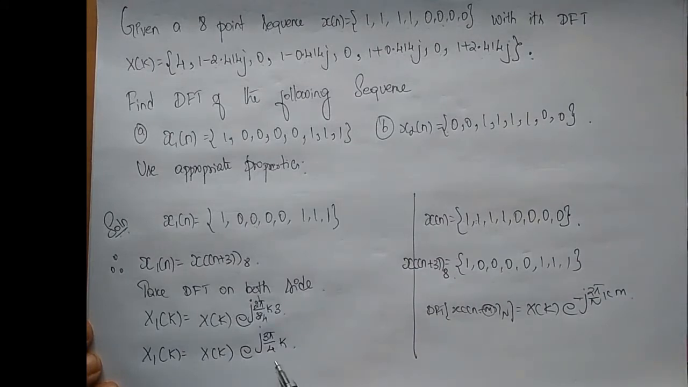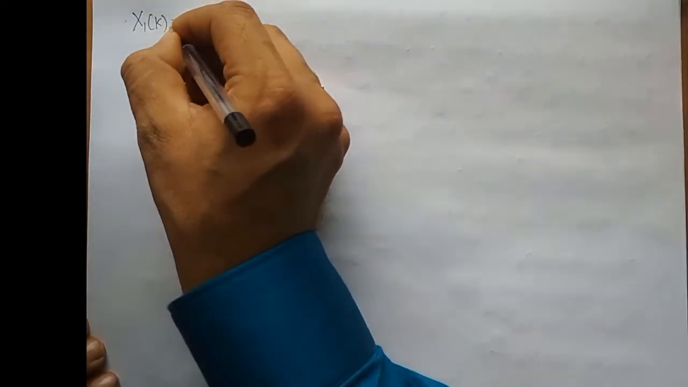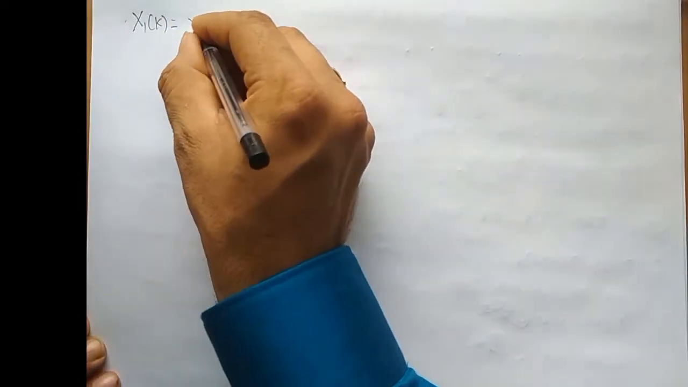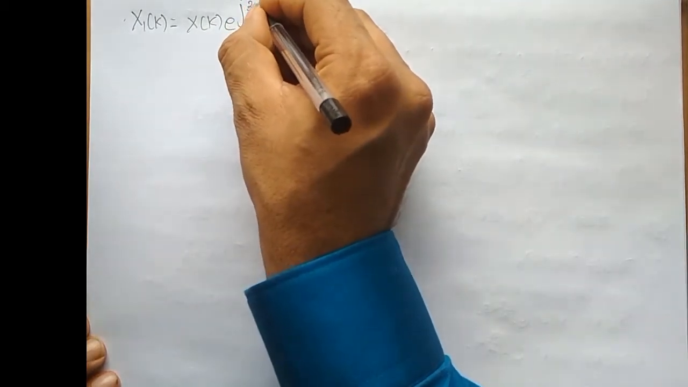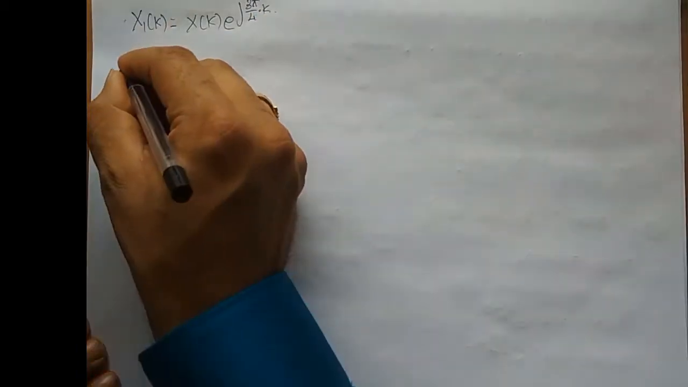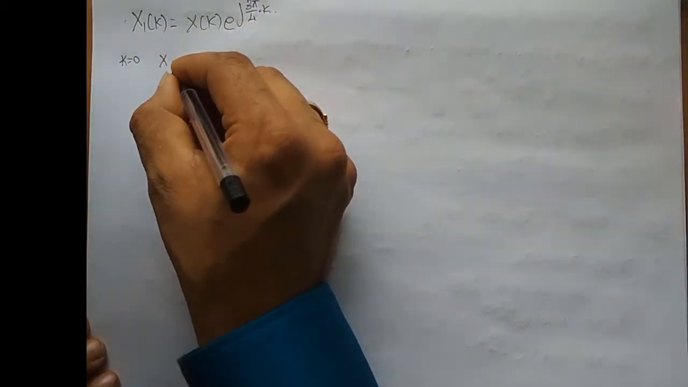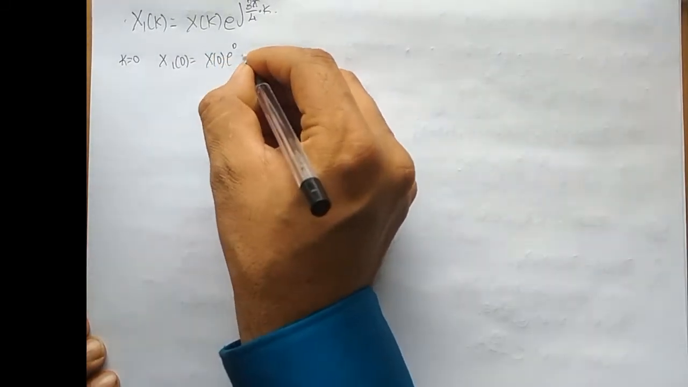What is the next step I need to do? I have to give values for k, varying from 0, 1, 2, up to 7. So x1 of k is equal to x of k into e power j 3 pi by 4 into k. For k equal to 0, what do I get? x1 of 0 is equal to x of 0 into e power 0,